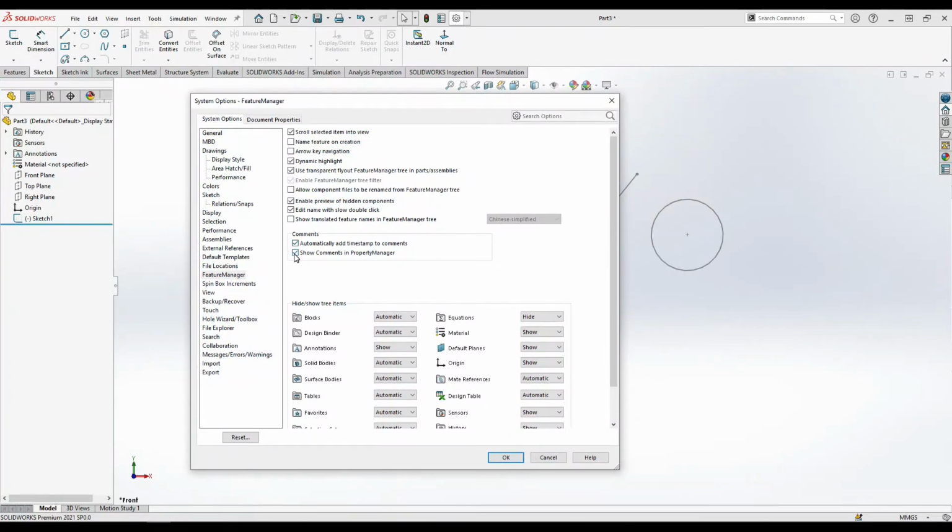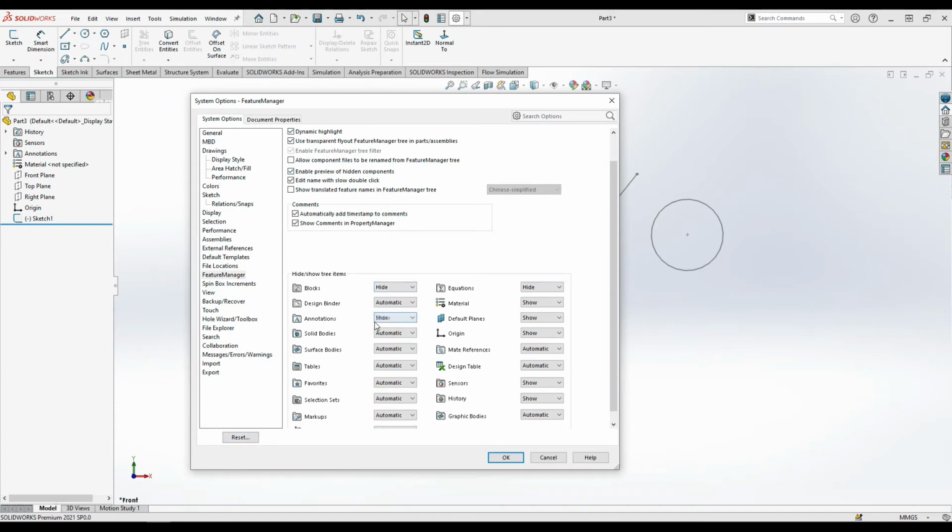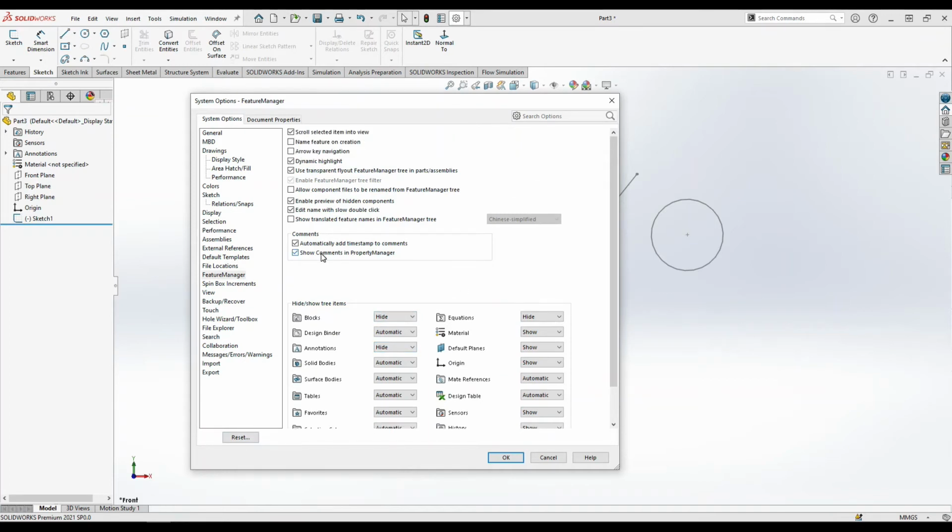Comment in properties manager automatically adds timestamps to comments. Many of these features are advanced, but the most useful are already activated by default. And if you want to, you can use reset, which will reset everything back to the defaults. So in this system options, I want to explain more about